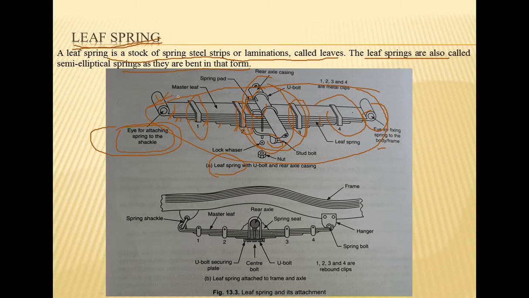Then the next characteristic of this type of spring: the rate at which the leaf spring flexes under load differs from the rate at which it returns back to the original state. This difference is called hysteresis and may be attributed to interleaf friction. Then the next characteristic, the helper spring.